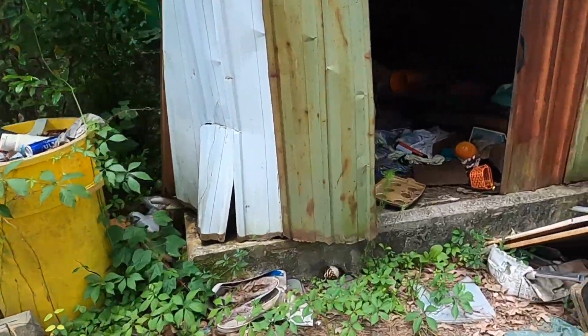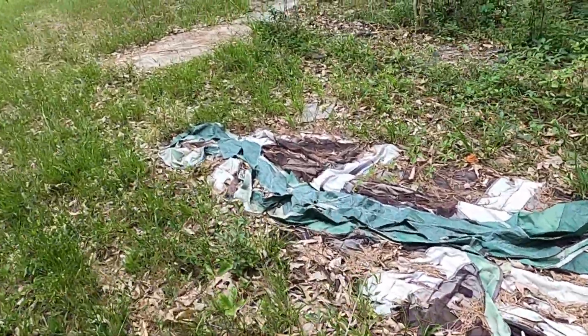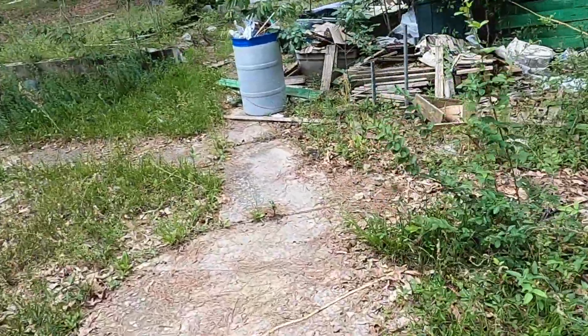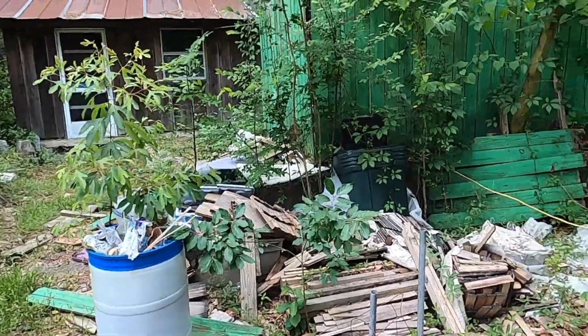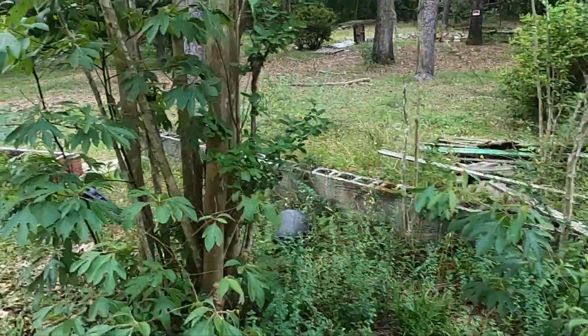This whole shed will have to be cleaned out, torn down, all of the above. But yeah, more stuff in the yard there. There's some tarps and stuff. You can hear the crunchiness of the leaves because nothing's been cleaned up in a while. So here's a fence here. Not sure if this goes around the corner or...